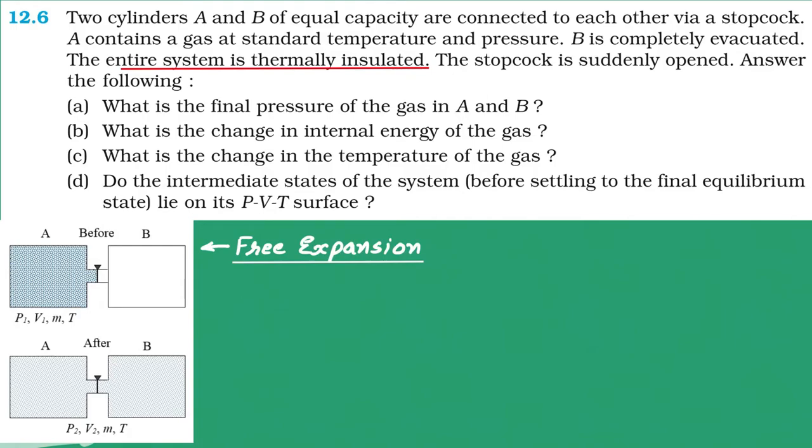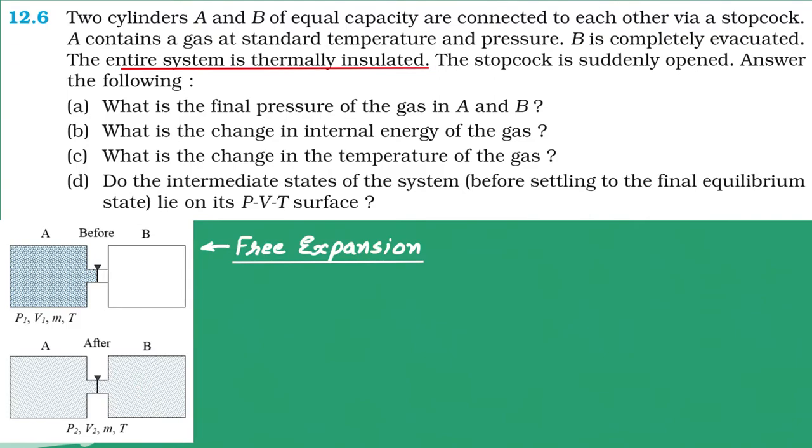Now ordinary expansion, whatever we have discussed up to now, like a piston moving and so on, is a totally different case than this case. Because when the piston is moving, gas is doing some work on the piston, or the piston is doing some work on the gas. Here the piston is a hurdle for the gas. But in case of free expansion, as soon as you open the stopcock, there is no hurdle. Gas has no hurdle. That's why here gas is not doing any work, because gas has no resistance. So gas is not doing any work.